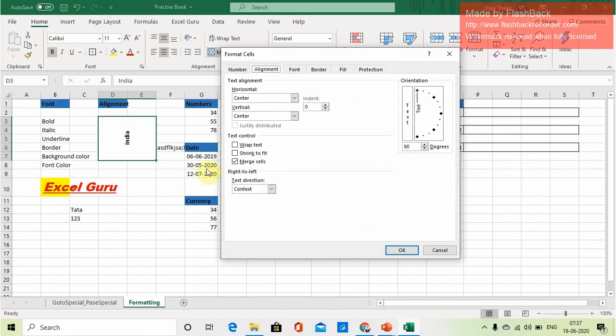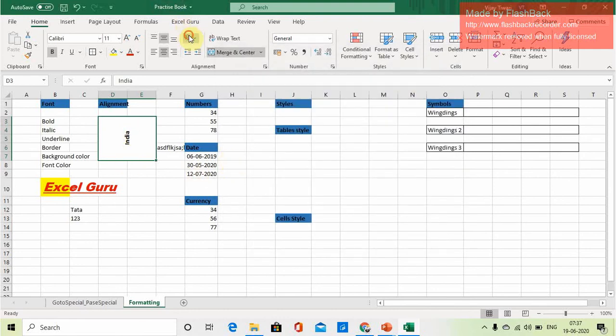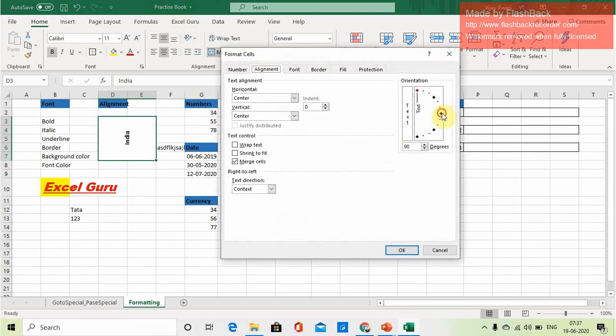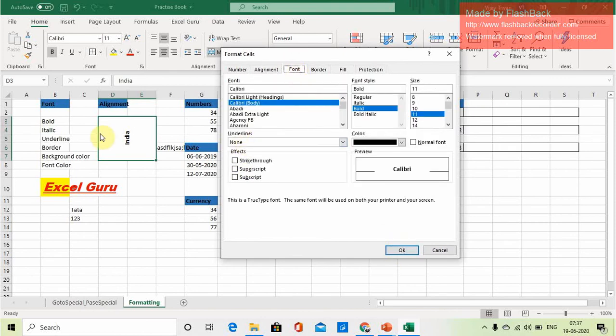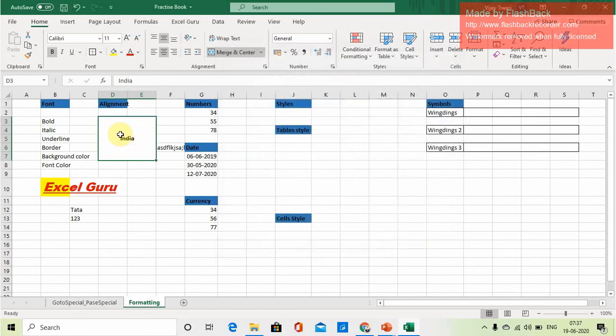And suppose I made the horizontal alignment, and I want to cross this out with strike through. For that you can use strike through. Suppose you have written something and you want to cancel a particular word or cell value, then you can click on strike through. See, this is how it will change, like something we write manually with a pen. So this is all about alignment, wrap text and merge and center.